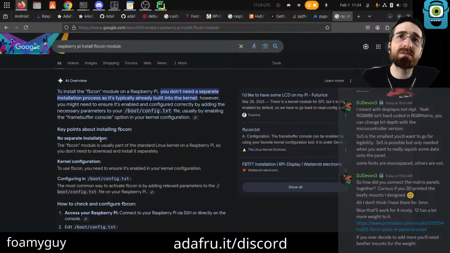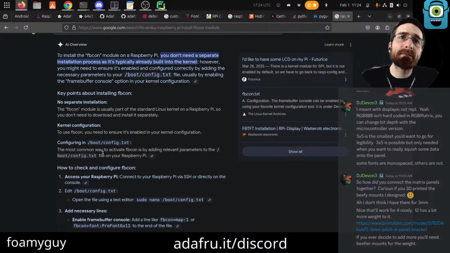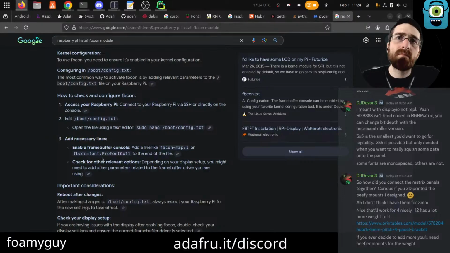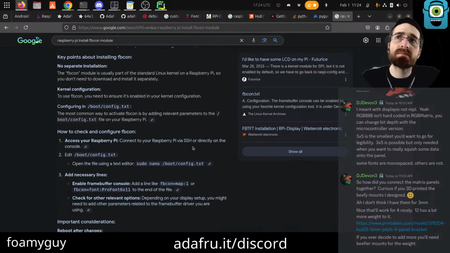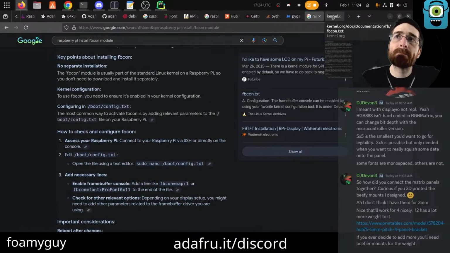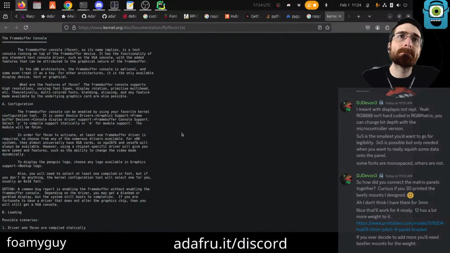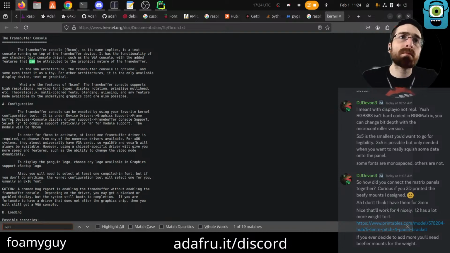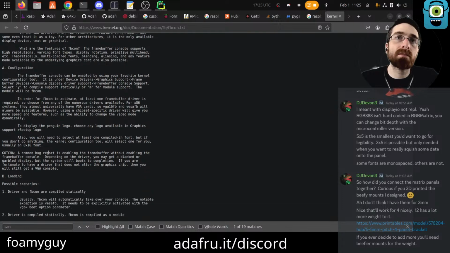Frame buffer console? My favorite kernel configuration tool? I don't really have one. It's like whatever works.